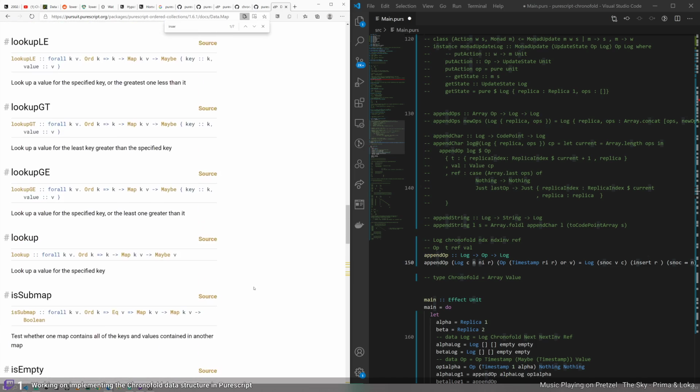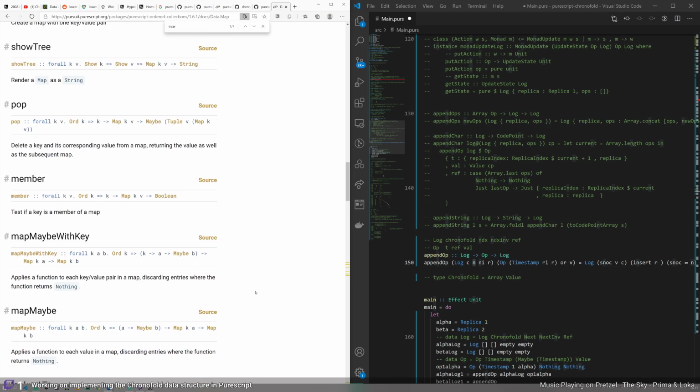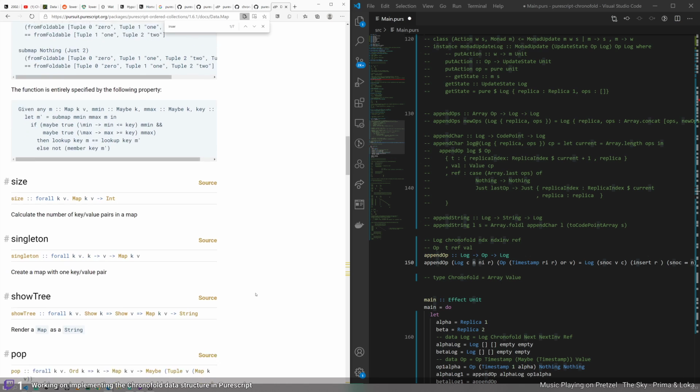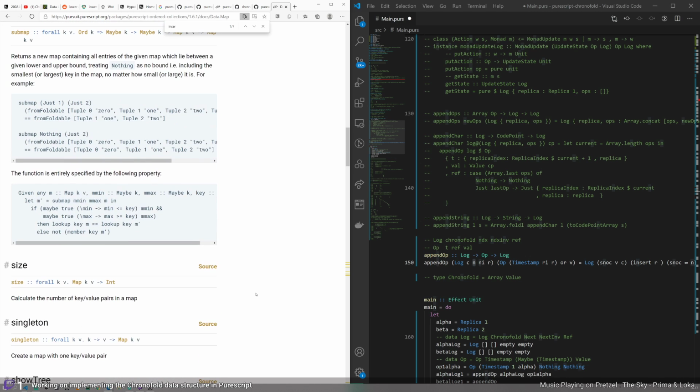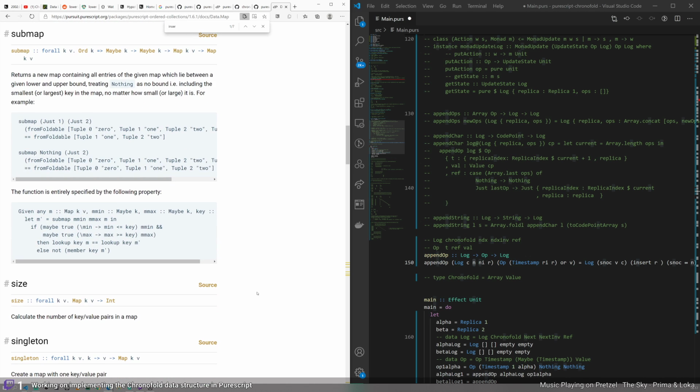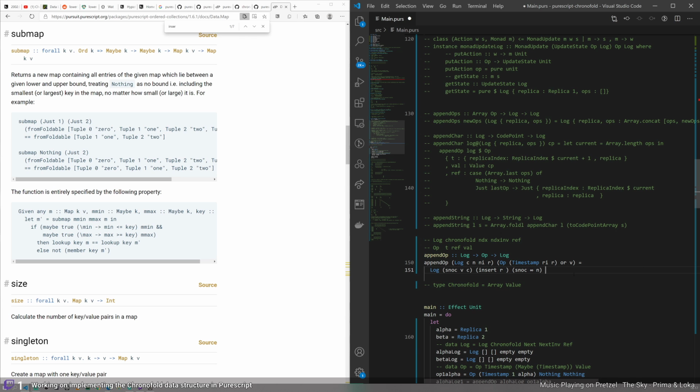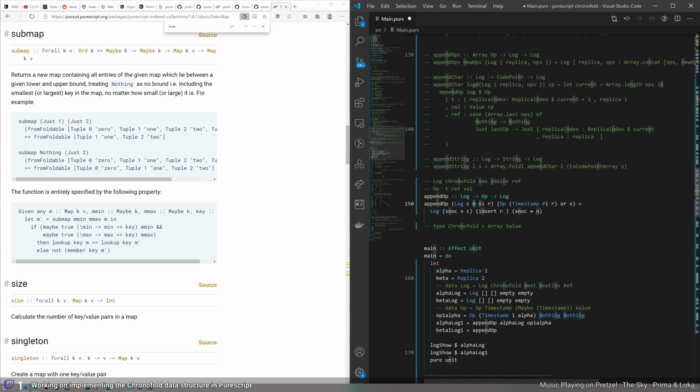How do I destructure my map? Well, okay, I need to think about this for a second. N is a map. Trina is empty, which, why not? And